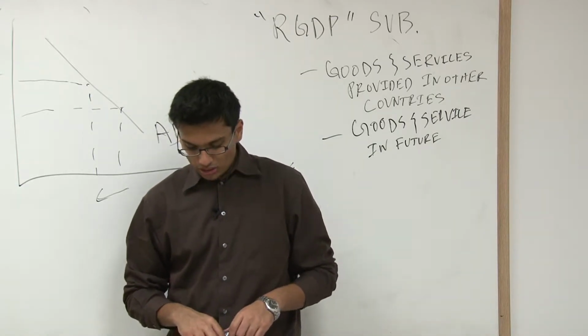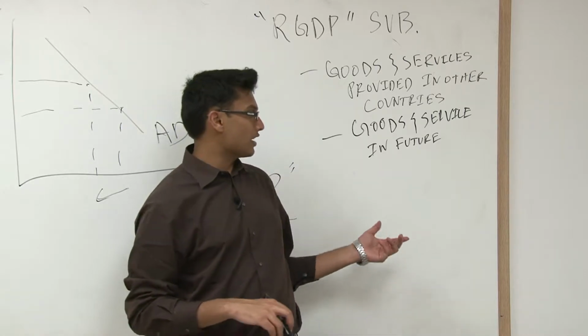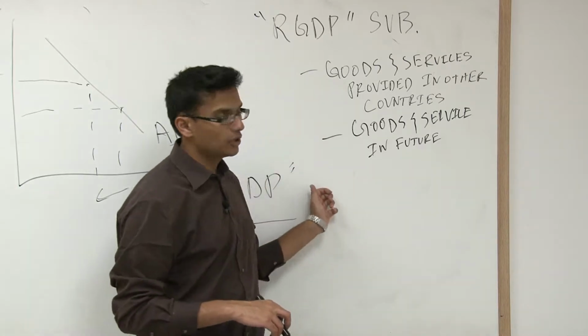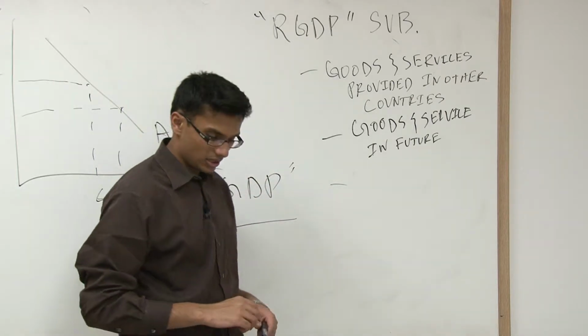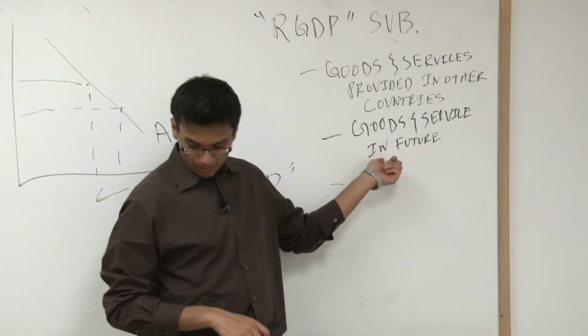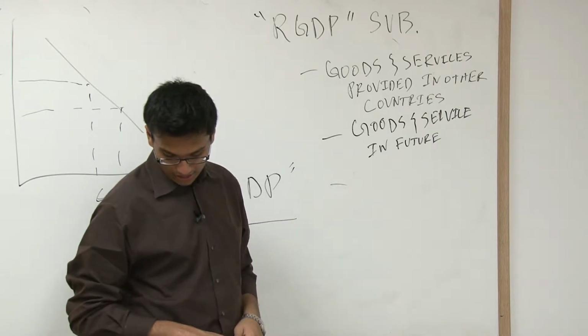You don't have to know the chain reaction. Just know that there are three particular substitutes to the unit of GDP. One is other nations, two is borrowing, three is the